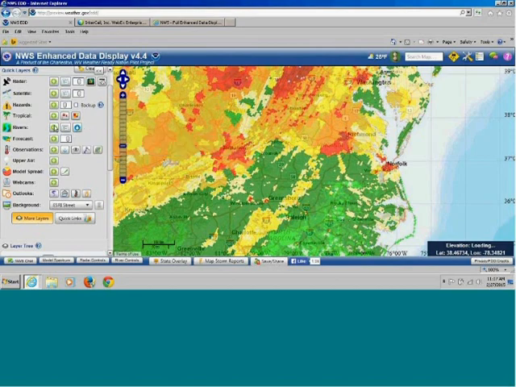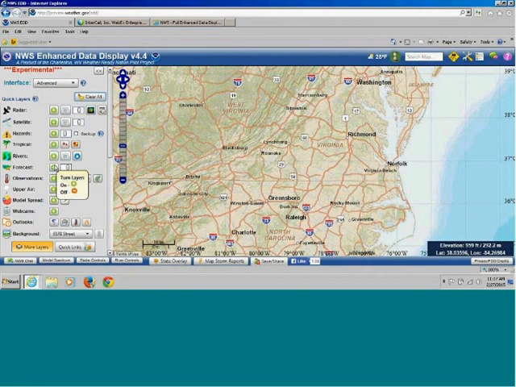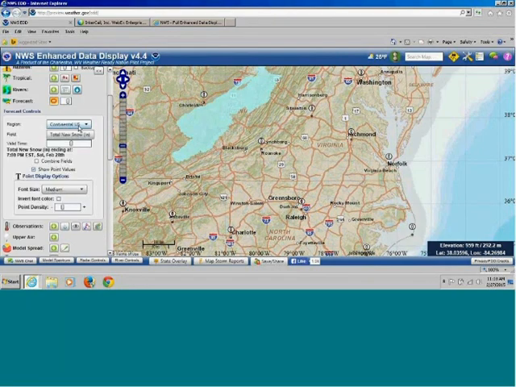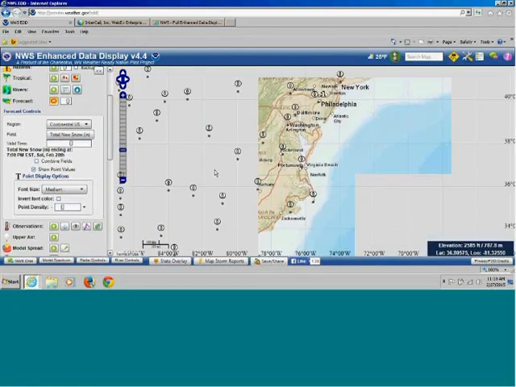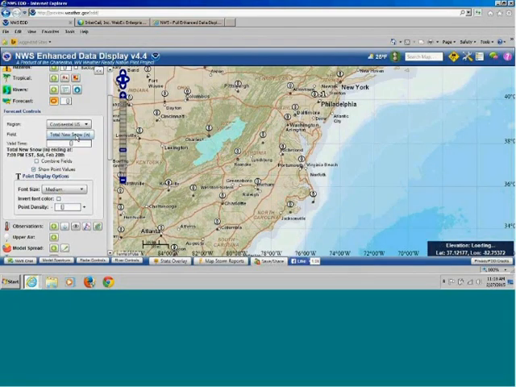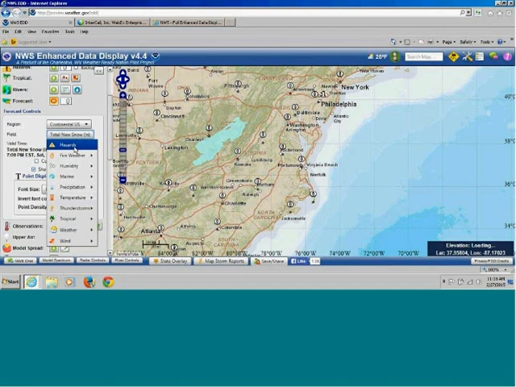So let's clear all of this out and go down to the forecast layer, which I think is the most powerful layer in the enhanced data display. You click on the plus side and you get this forecast control menu that allows you to look at weather data, and I have it defaulting to total new snow, but you can look at the hazards, you can look at fire weather information, what is the forecast relative humidity, what is the forecast wave heights, the forecast precipitation, forecast